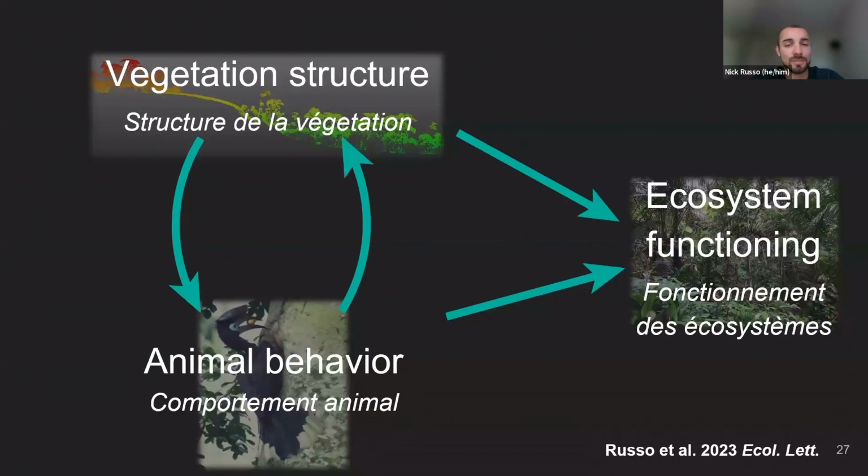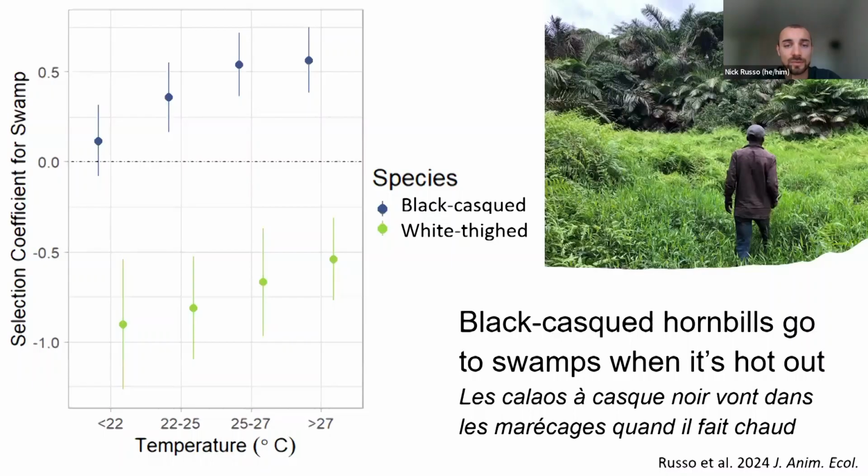Now, this idea brings us back to the original concept that I presented at the beginning of the presentation: how vegetation structure influences hornbill movements by indicating habitat quality, and hornbills also can influence vegetation structure by where they disperse seeds. This is important for how ecosystems are functioning. An interesting ecological question, but what I'd also like to talk to you about is, in a more applied sense,